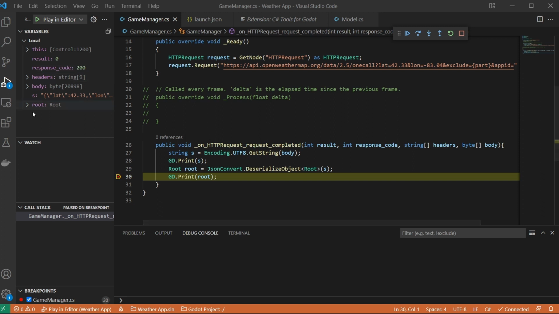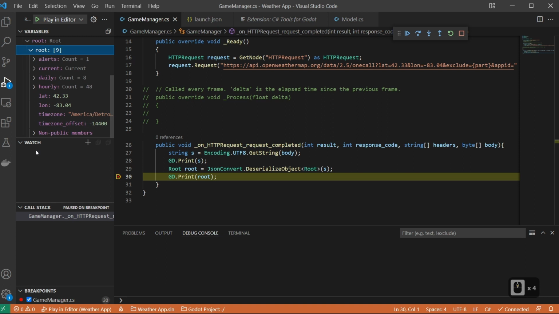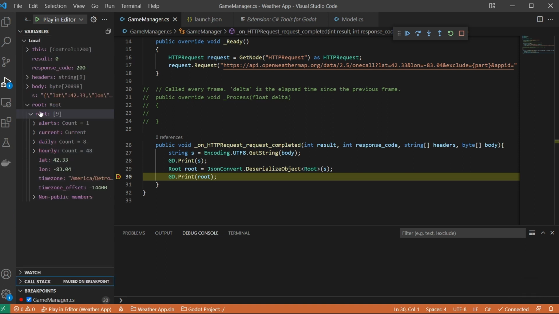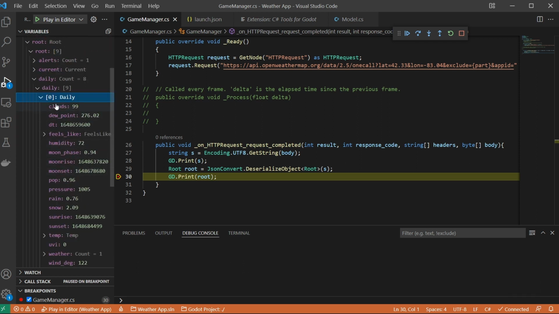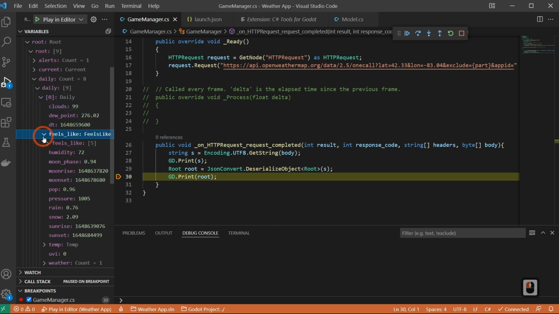So if we come up to our root object, which in Visual Studio Code, if you look at this little left panel here, this is where all of our variables are located, local and global and things like that. If we come over to our root and click down on it, you'll see that we actually have all sorts of data here. You can see we have our latitude, our longitude, our time zone offset. You can see we have our daily forecast right here. So we can actually open up our list and see,